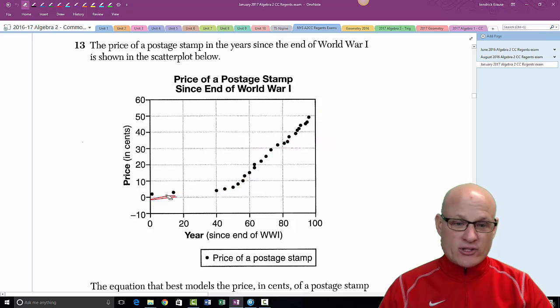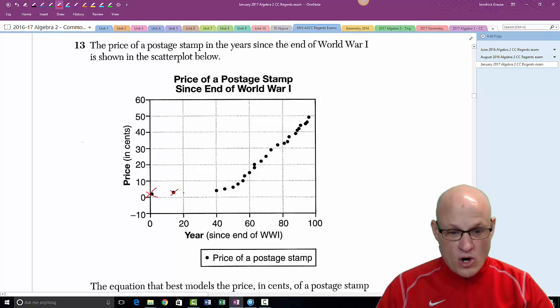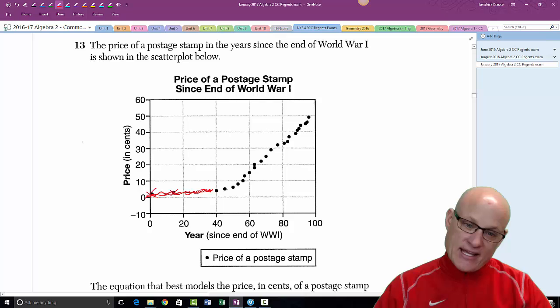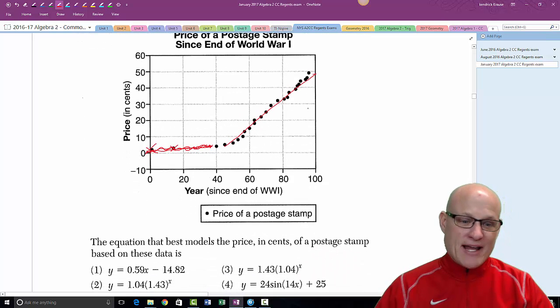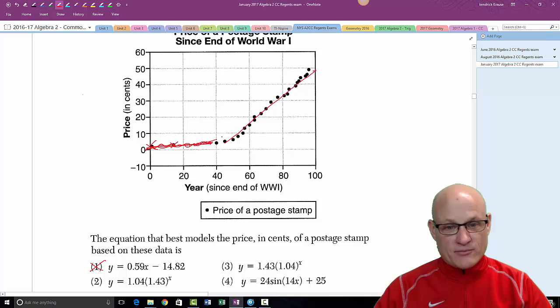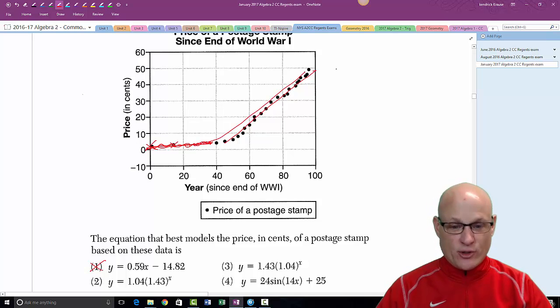Now, I don't like the question in particular because other than these 2 points, really, we didn't change the price for 40 years. Okay, I get it. We didn't change the price for 40 years. But then we've had a steady linear relationship. So you might have decided it was linear. It is not. It is not. And that's because of the original problems here. So it's kind of a tricky question. Thank you, New York State.